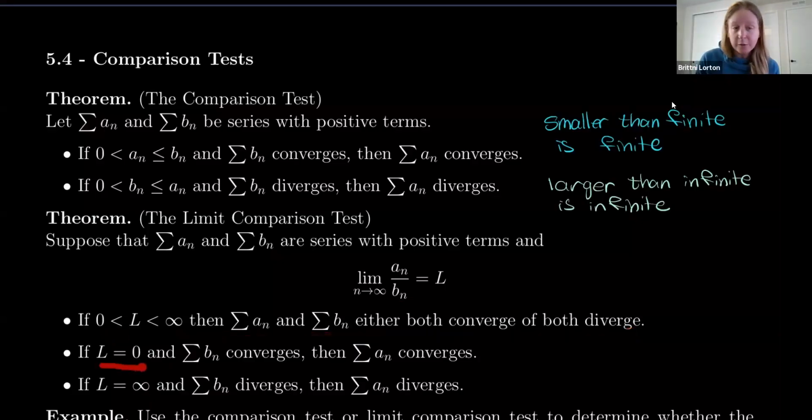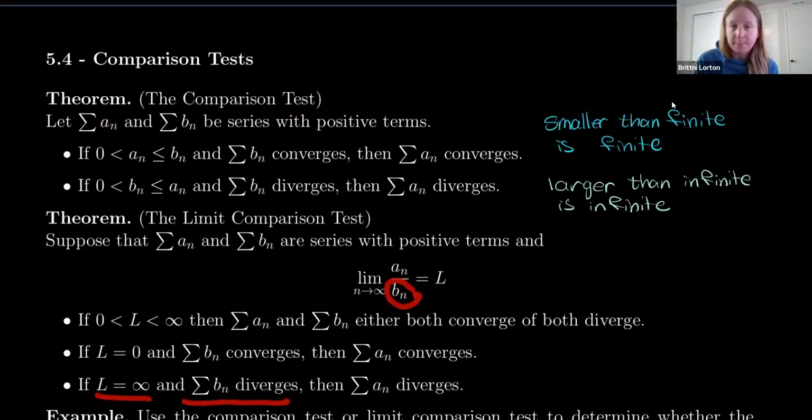If the limit is equal to 0, and we know that the sum of b sub n converges, where it's important to know b was on the bottom of that fraction, then we know the sum of a sub n also converges. If the limit is equal to infinity, and we know that the sum of b sub n diverges,